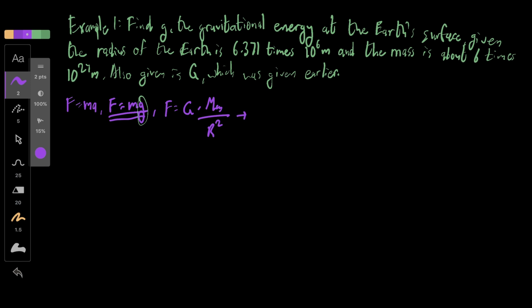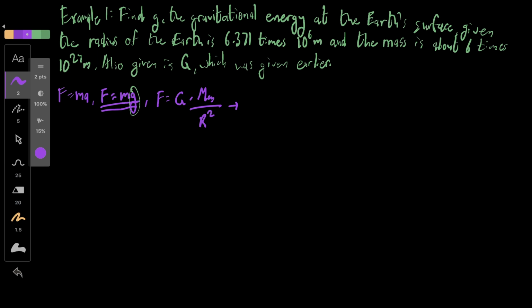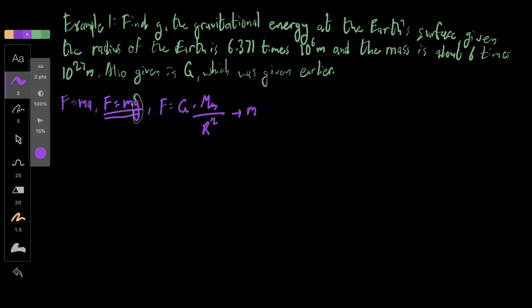So setting these two equal to each other, as at the surface it's going to be at the radius of the Earth, we're going to have mg is equal to G multiplied by the mass of the object, whatever object's on our surface, it doesn't actually matter, turns out, times 6 times 10 to the power of 24, and then over r squared, so about